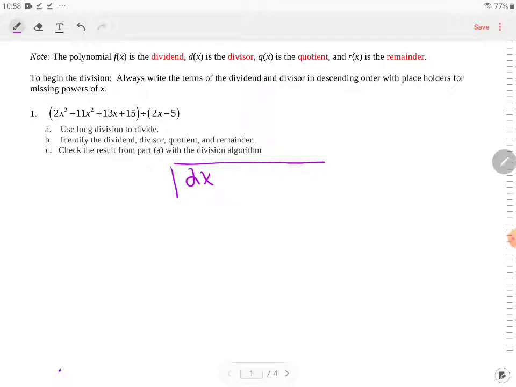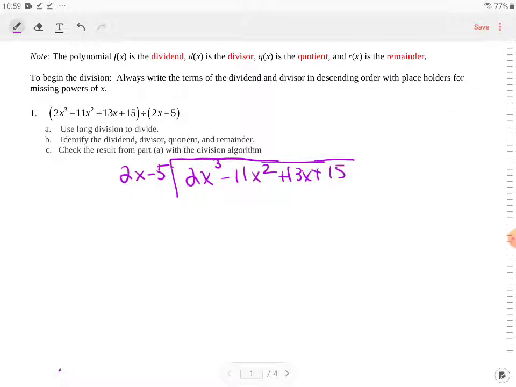2x to the third minus 11x squared plus 13x plus 15 is the dividend. It's going inside the division sign. Okay, the divisor is 2x minus 5. That will go on the outside. And that's how we set up our problem. So what we're going to do is we're going to